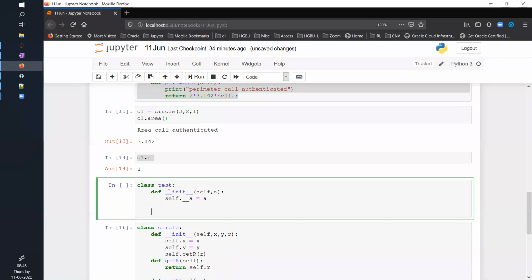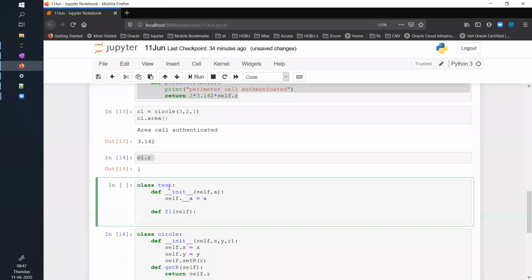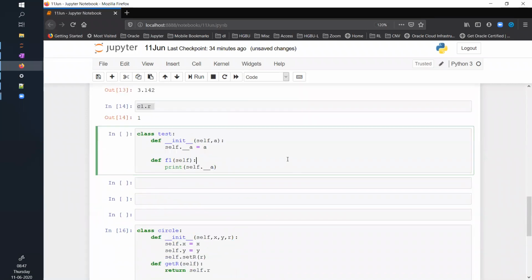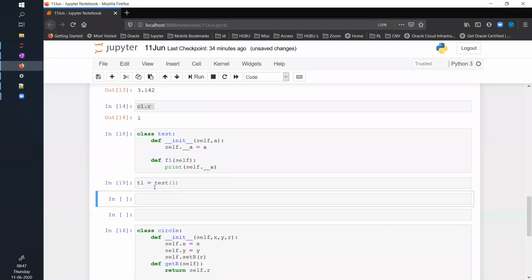Let me explain this with this example, with one simple function f1(self). This is my simple example here. If I run this and create an object t1 = Test, it will take one parameter; let me give the value as 1. I ran this. Now if I say t1.a, what will be the output?